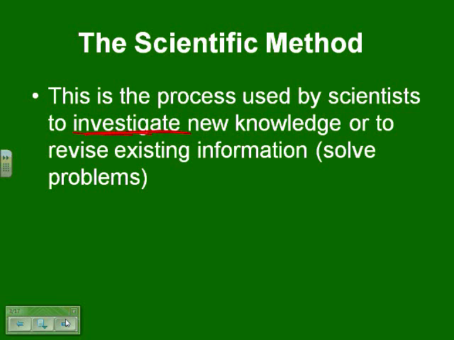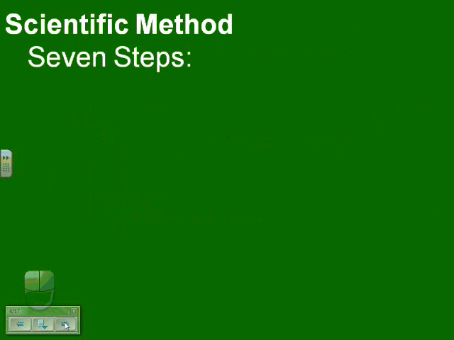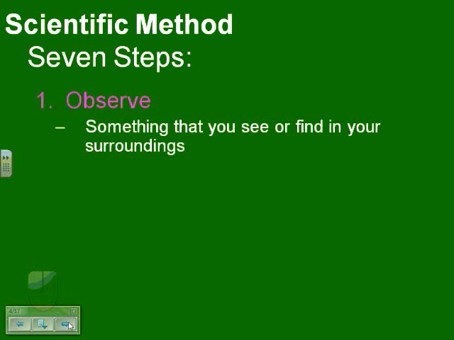So this is really a part of performing lab experiments for us. This is how we're going to solve problems, which is really what experiments do. You're presented with a problem and the experiment is supposed to come up with answers to the problem. So this is how that experiment is prepared for in the scientific method. All right, so there are 7 steps. A lot of times I use a mnemonic device for my 7 steps. The mnemonic device that I use,